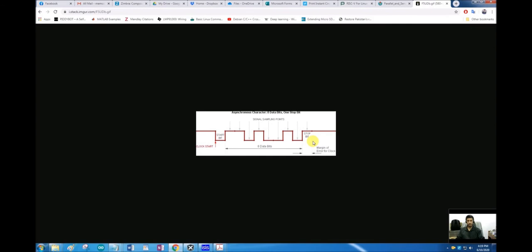So for example, if there is an 8-bit data that needs to be sent from one side to another side, from one controller to another controller, there has to be some starting and ending portion of that data, and that portion has to be embedded at the start and end of the data, just like a frame.